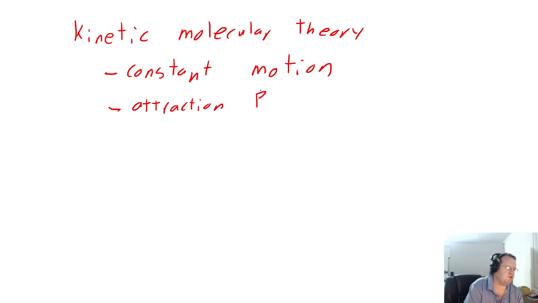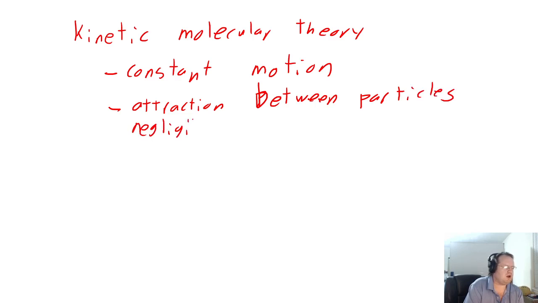We also assume attraction between particles is negligible. Let's talk about what that means. So what that means is that our molecules of gas, we're going to assume that we don't have to worry about two gas molecules getting really close to each other and going, hey, we like each other, we're attracted, or ooh, we don't like each other, we have the same charges, we're repelling each other. We're assuming those attractions are fairly negligible, which is a reasonable assumption. Some molecules you'll work with will start to become attracted to each other, and we have a different gas equation we'll talk about at the very end of this chapter that tries to adjust for that. But for the most part, this is a pretty good approximation, especially for a lot of measurements we're going to make in this course.